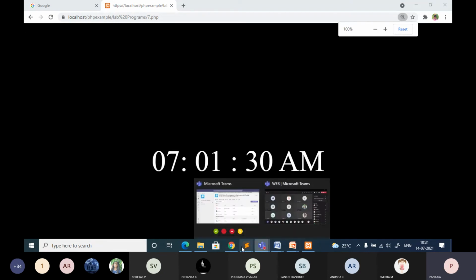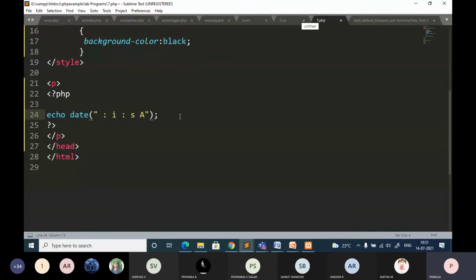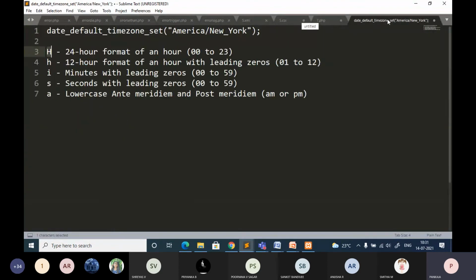But you should know that after 12 o'clock, it is going to take 13, 14 like that; the hours are represented in 24 hour format with capital H, and small h indicates the 12 hour format, that is 1 to 12.